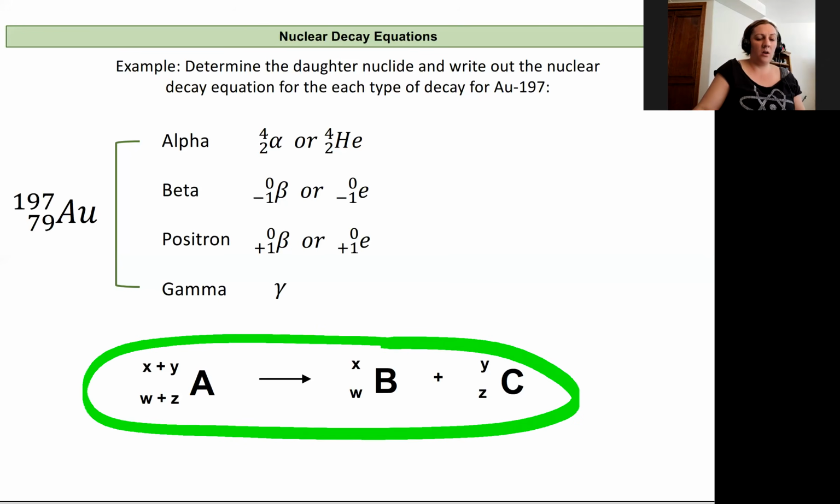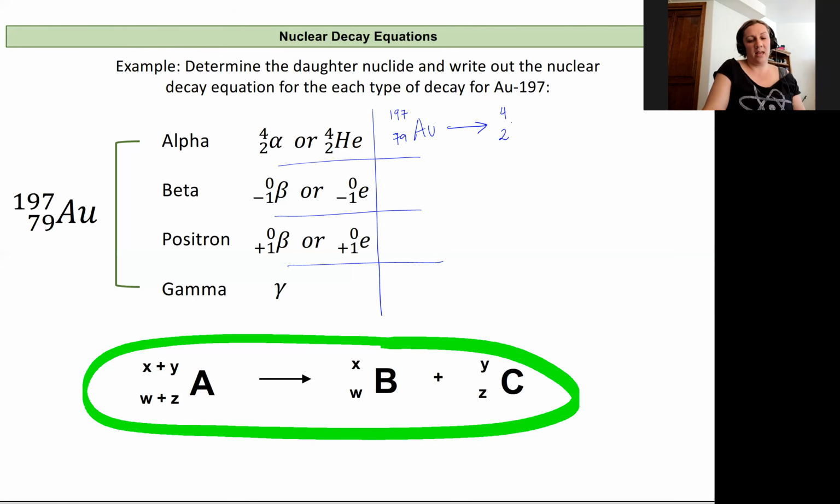So let's start with an alpha particle. So we'll have, and I'm just going to do this right next to each of these, 197 as our mass number, 79 our atomic number for gold. And that will decay to an alpha particle. And you can use that helium symbol or the alpha symbol, whichever you prefer. And now my daughter nuclide will be